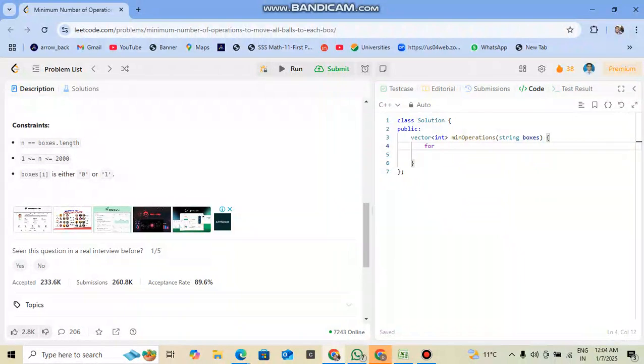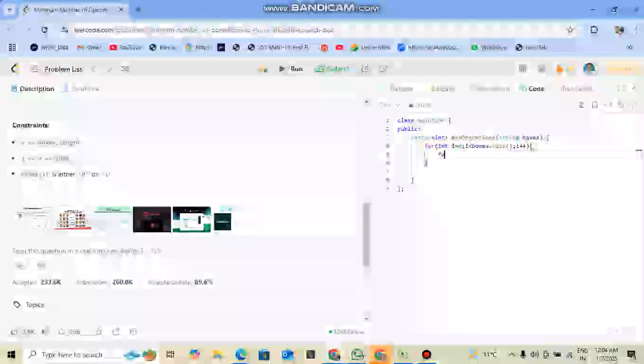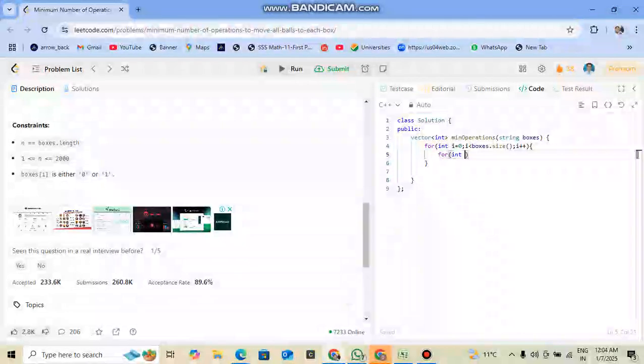First we iterate over our boxes. For each index we iterate.